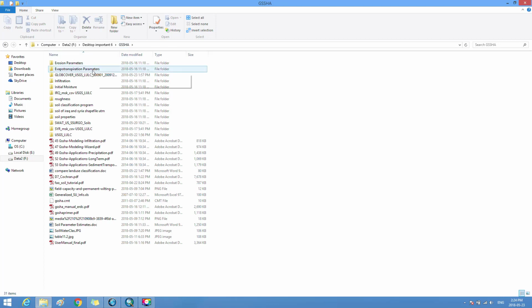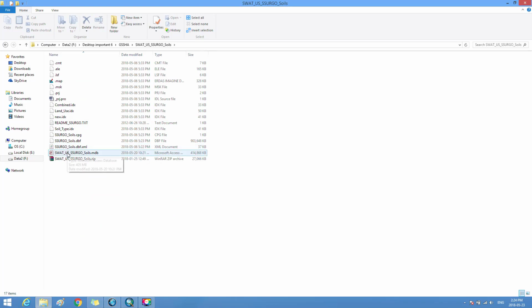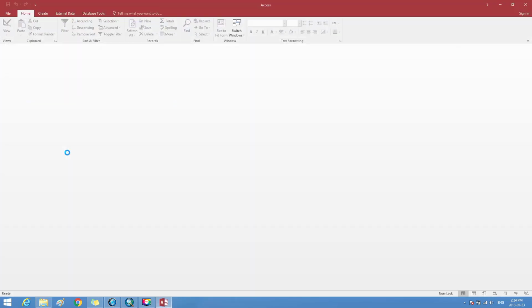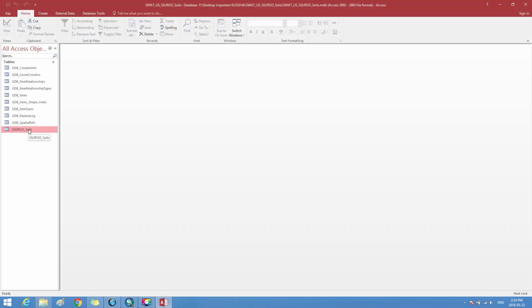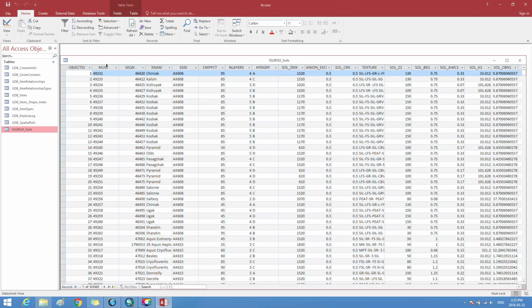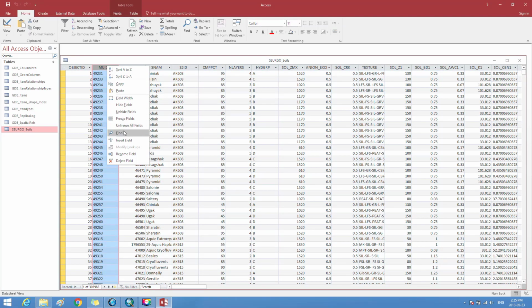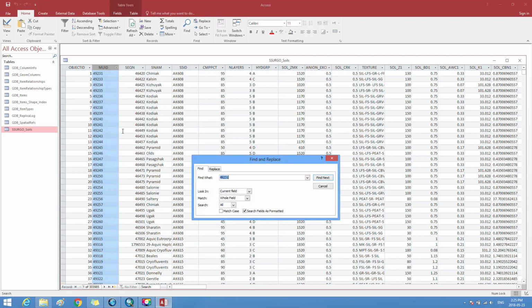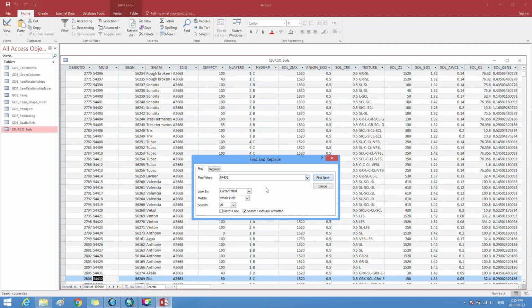We open the file with the title SWAT-US-SSURGO-soils, and then we open the file with the title SWAT-US-SSURGO-soils with the MDB extension. Then we open SSURGO-soils, and we right-click on the MUID field, then click on find, then we add the soil number via Ctrl+V, then we click on find next, and we go to the activated line that contains information about this soil,